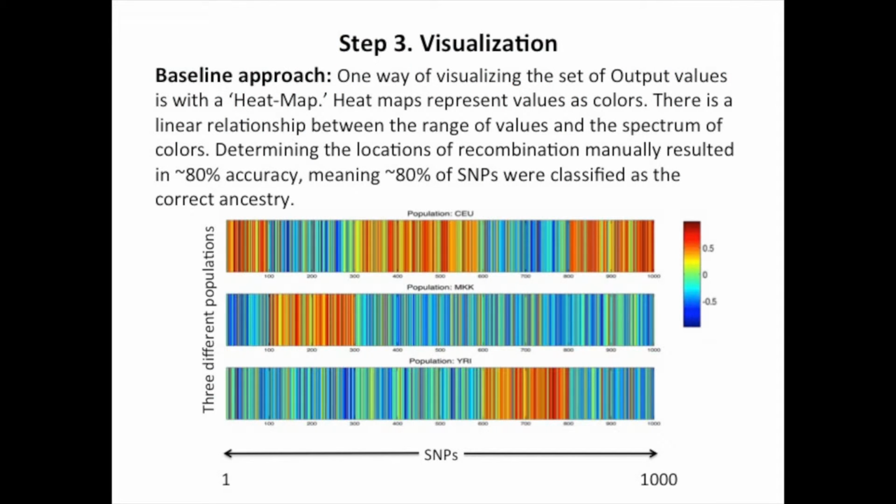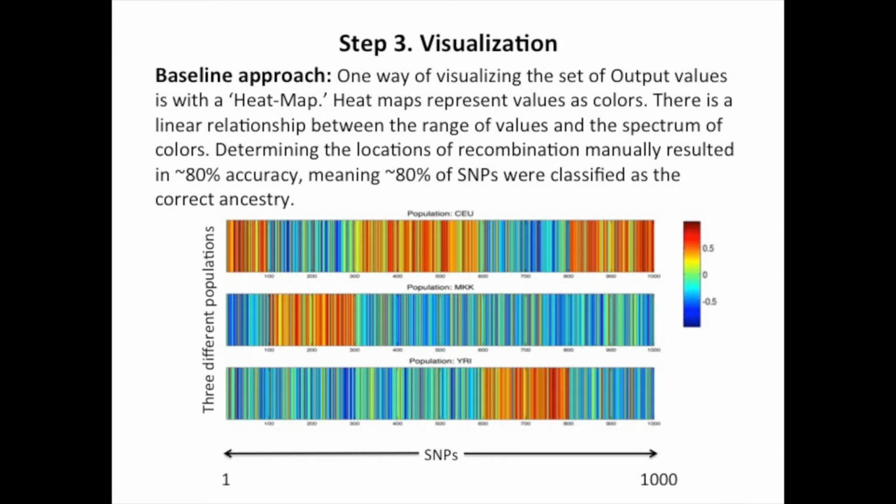Shown here is the first attempt I made at visualizing these 3 output vectors, each of those vectors having size 1 by number of SNPs, so 1 by 1000 in this case. And it's using heat maps. And the benchmark here is going to be accuracy. By the way, I think I mentioned that on the next slide. The way a heat map works is by mapping a spectrum of colors to a set of values. As you can see here, negative values are indicated by cooler colors and positive values by warmer colors.